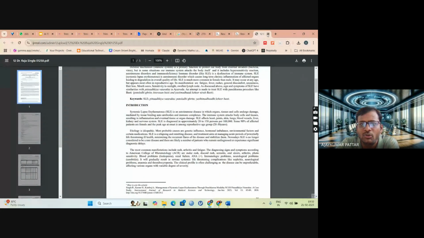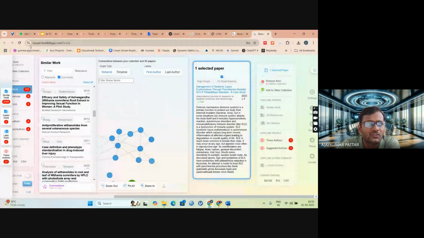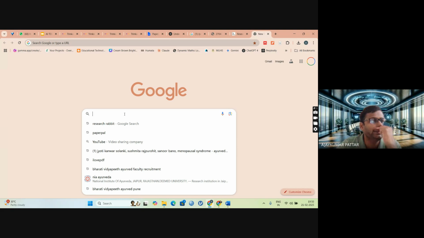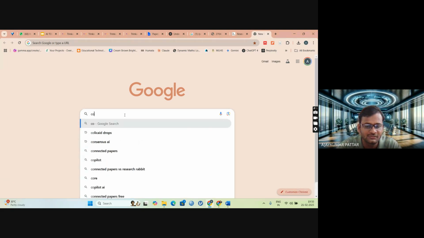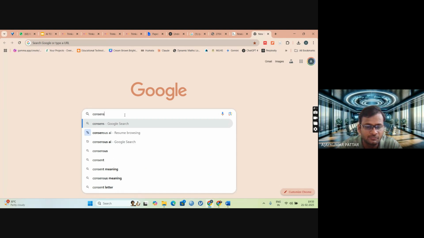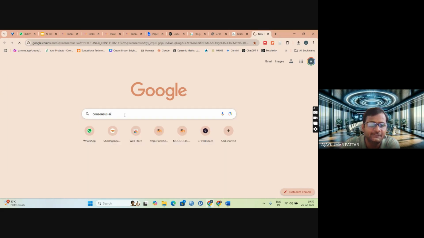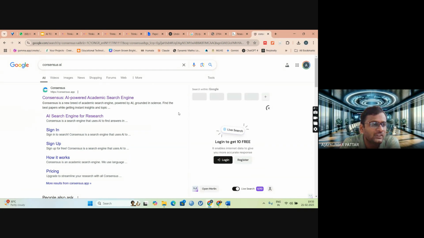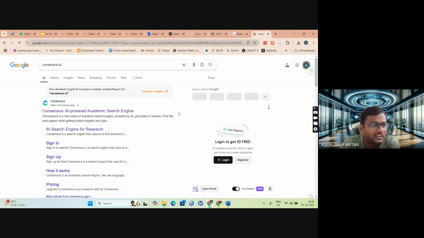So this is about Research Rabbit. And the next AI tool is Consensus. So I will show another AI application, that is Consensus AI. So here sometimes we have some scientific query, whether this particular thing will be helpful in this